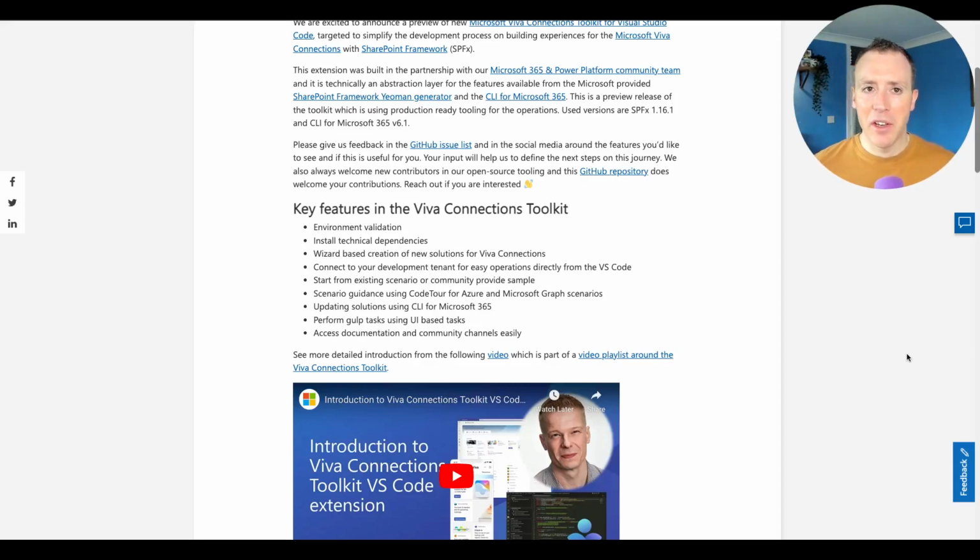Basically, what this toolkit does is wrap some of that stuff up and abstract it and give it like a pretty Visual Studio add-in, which hopefully should lower the bar to entry for more developers, and make it easier for people to build Viva Connections experiences, which is great because Viva Connections experiences are really